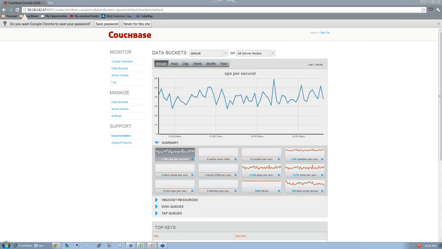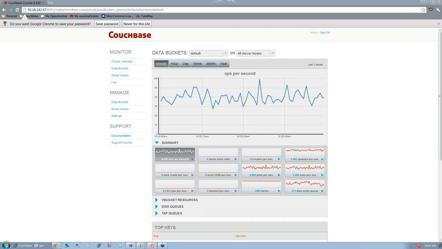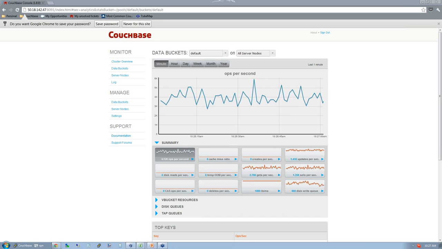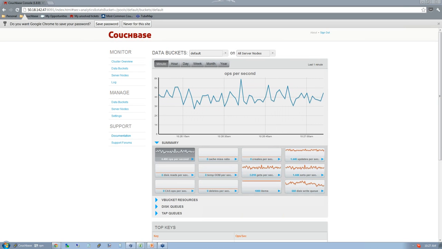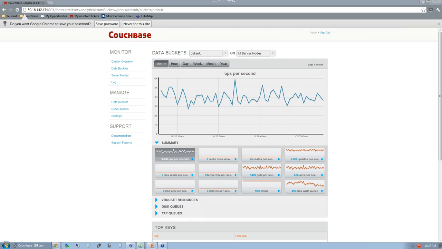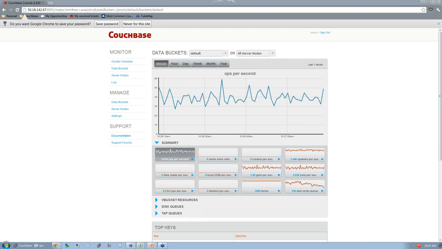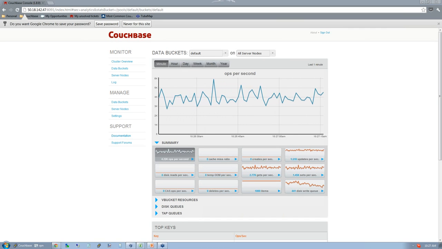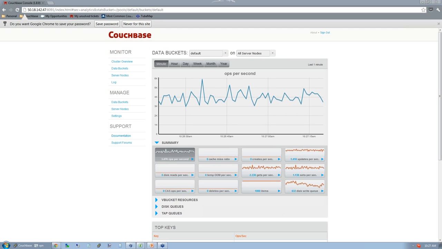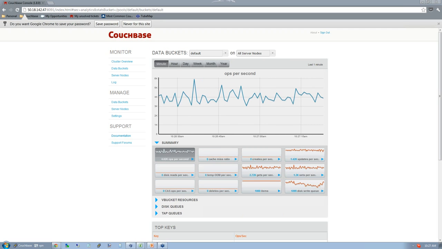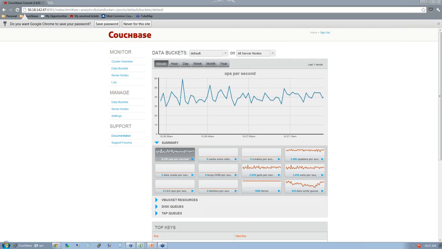Another question about those backups. If you take a snapshot from an EBS volume, will Couchbase always be able to read the backup even though the data may not include the latest writes? And yes, so in the current software we are using an embedded database called SQLite, which is a very, very widely deployed, well-tested, robust database that can really guarantee that the data will be available once it has been actually committed to disk. So if you take a snapshot of an EBS volume, that data will be available to be